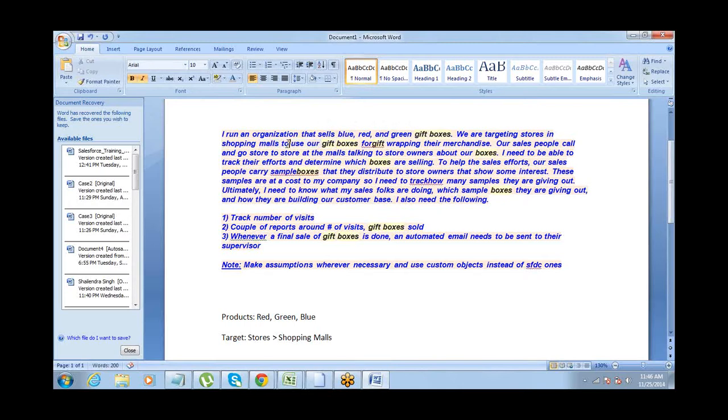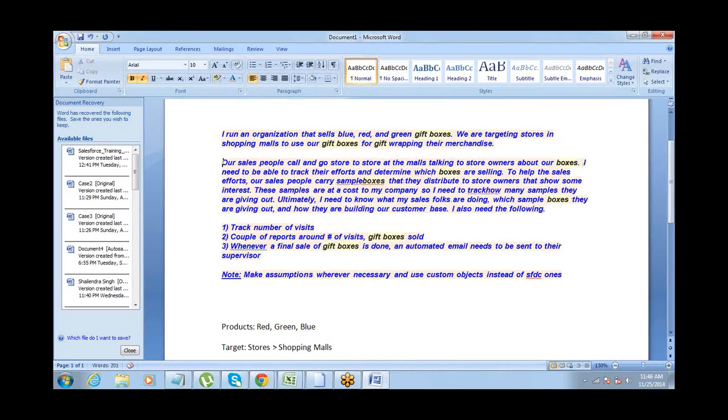We'll see how we use that. Our gift boxes are for gift wrapping their merchandise. Our sales people call and go store to store at the malls, talking to store owners about our boxes. So this is the sales people going to the stores and trying to sell.